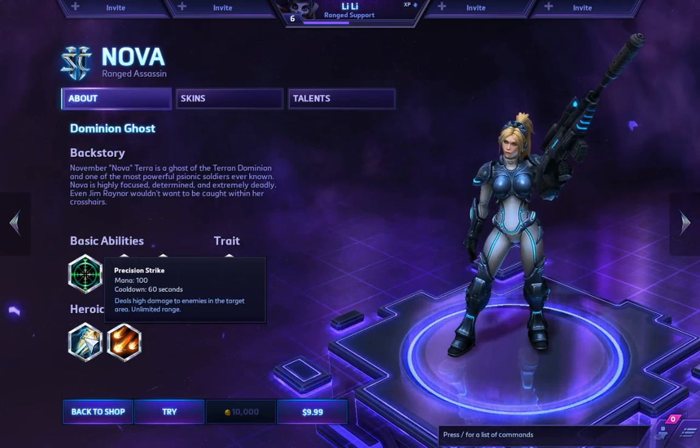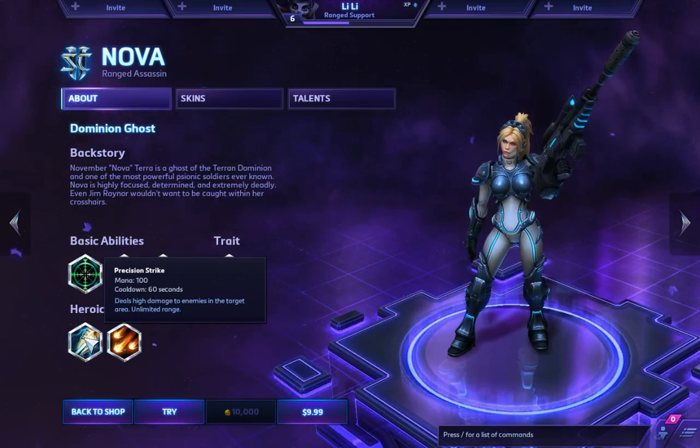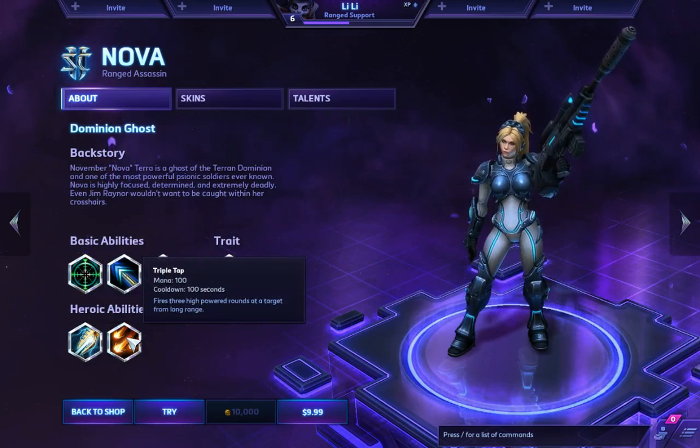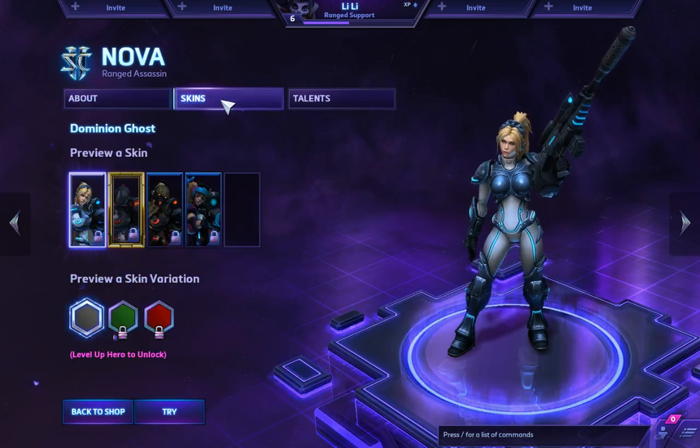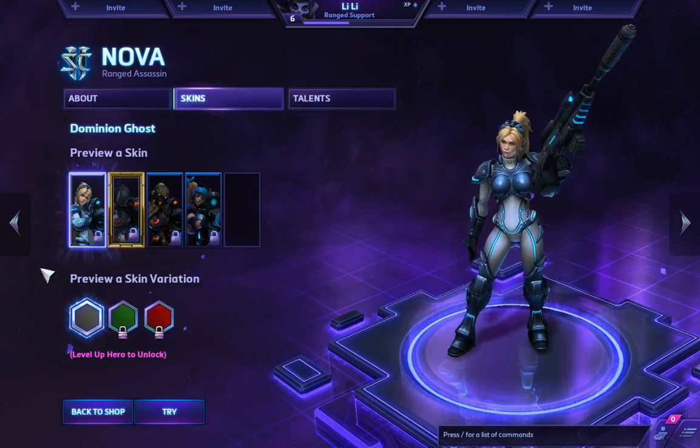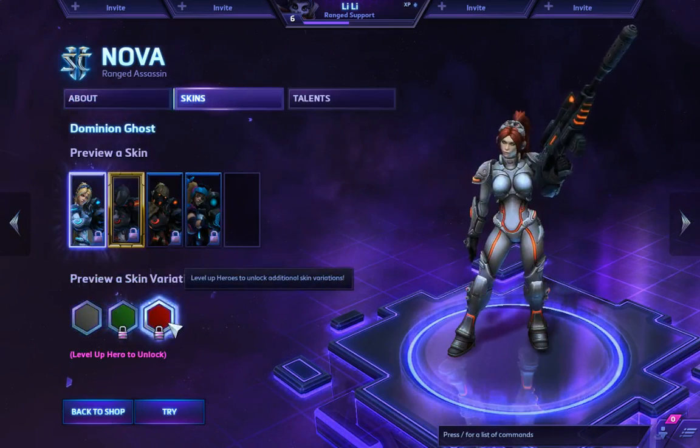Her heroic abilities are Precision Strike, which deals high amounts of damage to enemies in a target area with unlimited range, and Triple Tap, which fires 3 high-powered rounds at a target from long range. Her skins: Standard Dominion Ghost, and variations,